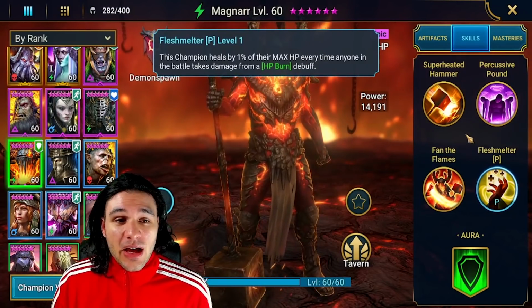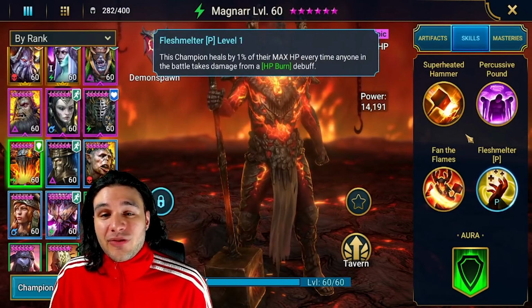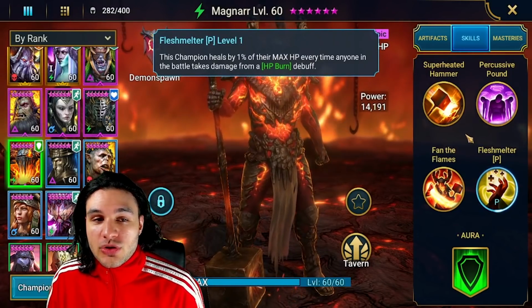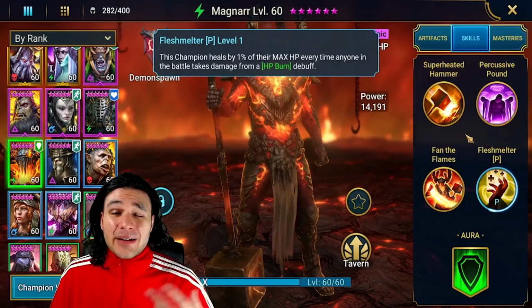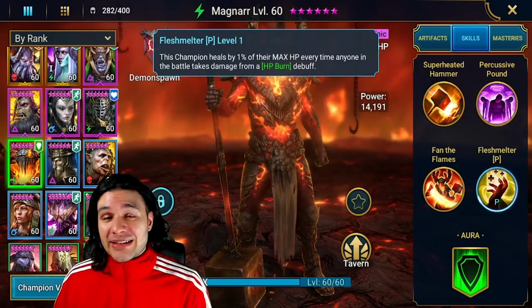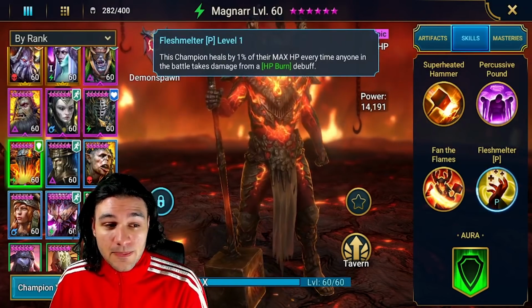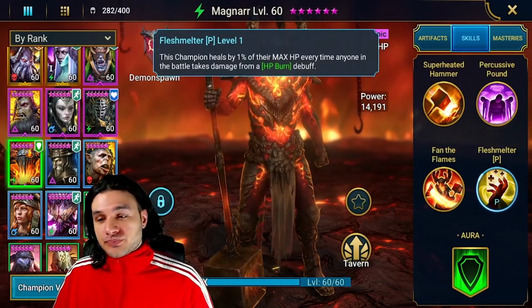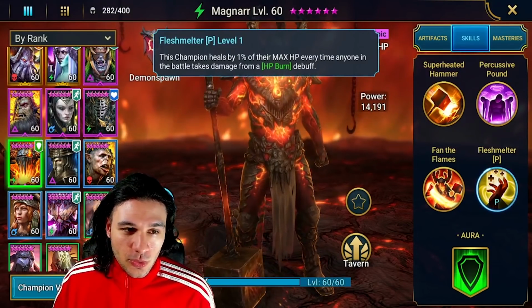Next we have a passive. This champion heals by 1% of their max HP every time anyone in the battle takes damage from HP burn, so once again synergy here. Kind of strange that there isn't an AoE HP burn champion in the list of new champions here from the fusion. My hot take there, no pun intended, but this guy can work if you find a way to use him